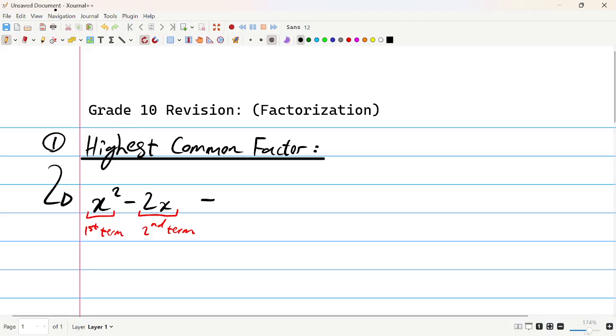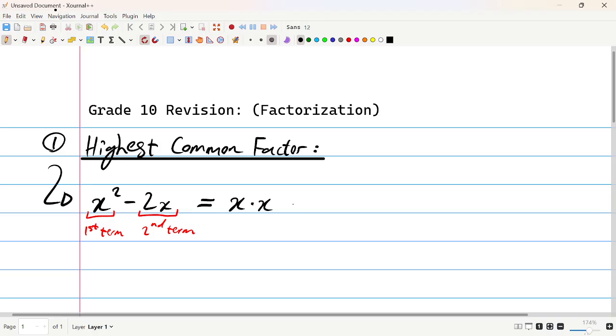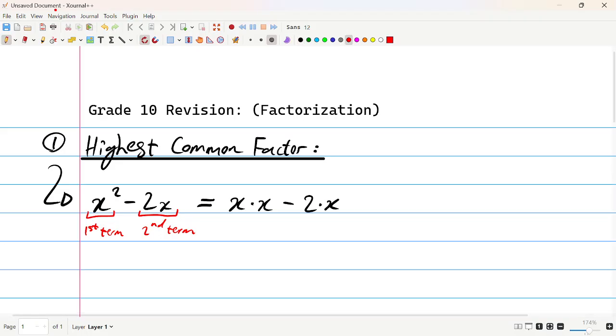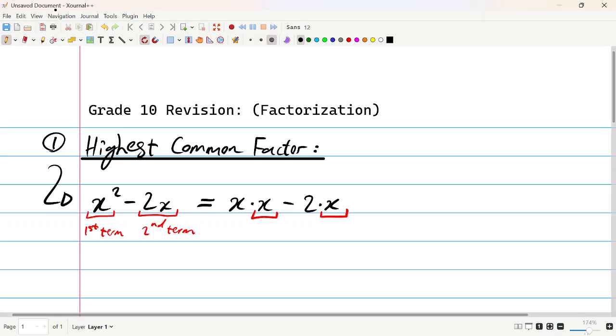And what do we notice? We can break the x squared into x multiplied by x, right? Minusing it by 2 multiplied by x. What is the common factor between these terms? Well, clearly x is repeating itself in both terms. So this is a method which we call highest common factor, and we will take out this factor